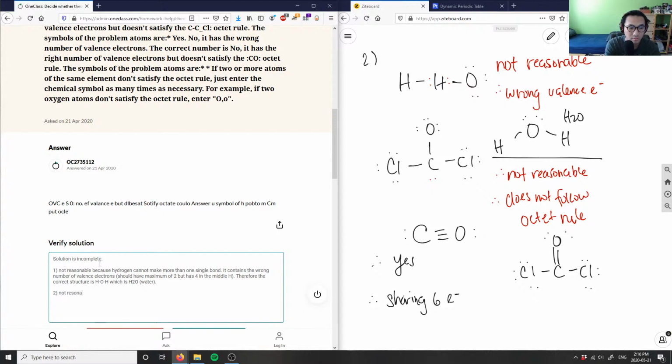2. This is also not reasonable, because the lone pair on carbon should share electrons with one of the lone pairs on oxygen to make a double bond, C double bond O, instead of C bond O. It does not follow the octet rule,